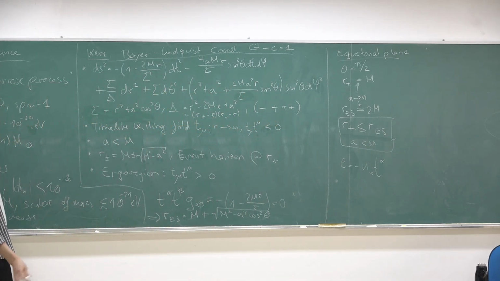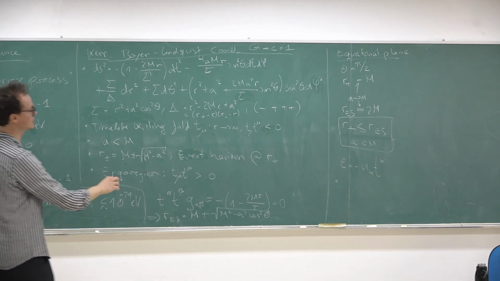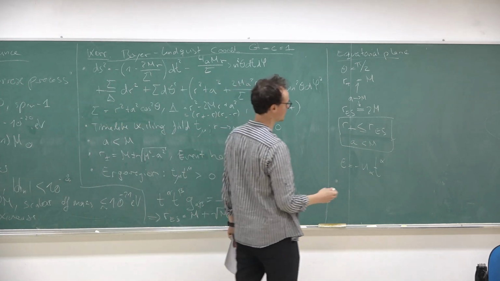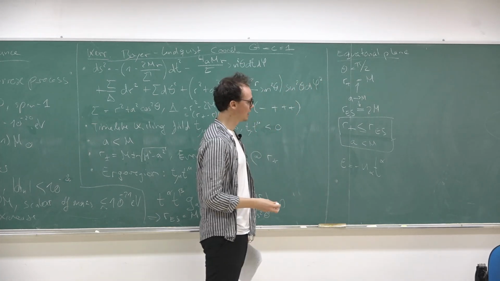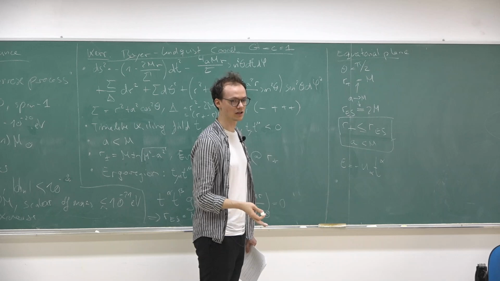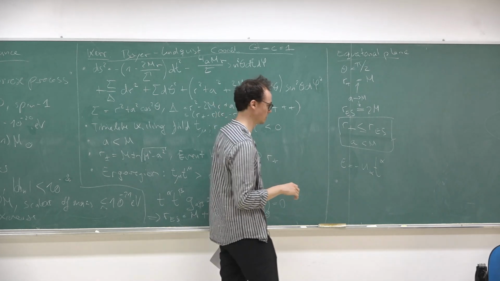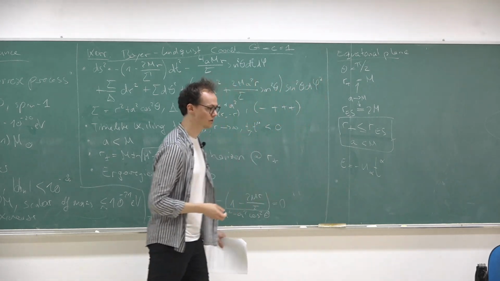It doesn't. So this will happen around the Earth as well, and the Earth doesn't have an ergoregion. But in this sense, it's an extreme example because all observers, or all rocks that I throw into the black hole, must co-rotate with the black hole inside the ergoregion. Okay? So what that means is that, let's say